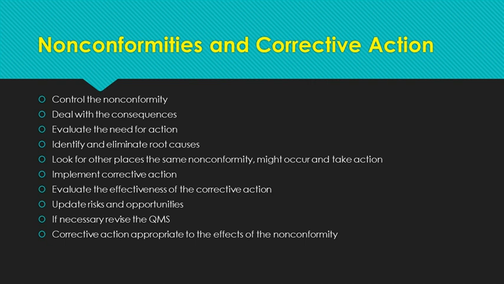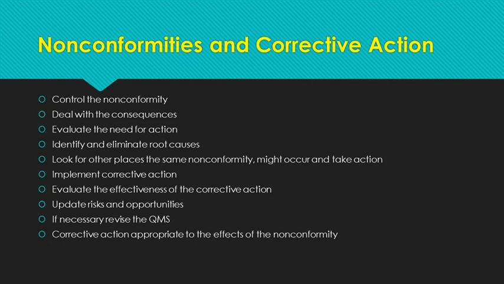And of course, this is ISO 9001, so you are going to retain documented information on the nature of the nonconformity, what action was taken, if any, and the results of the corrective action. Now, if you remember from the management review, one of the items that's looked at is the corrective actions. This information feeds right back into the management review, as does all continual improvement. One of the objectives of the management review is to come up with improvement projects.